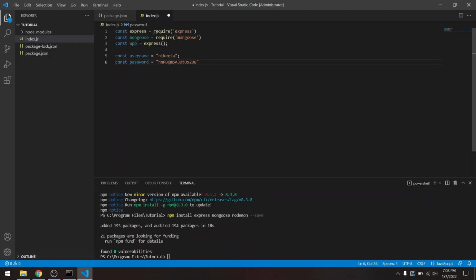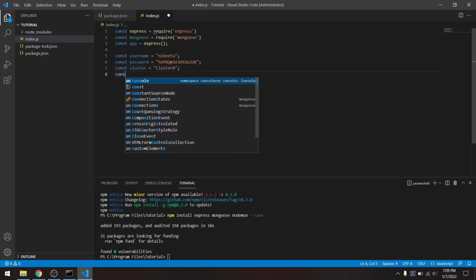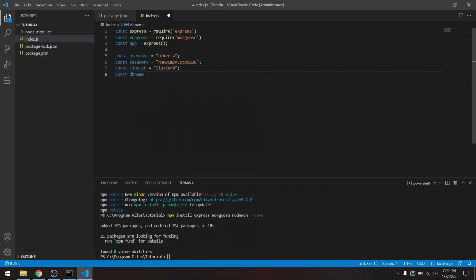Yeah, so this is my password. Now the name of the cluster. So my cluster was cluster0. Finally, the name of the DB, which in my case is log monitoring.